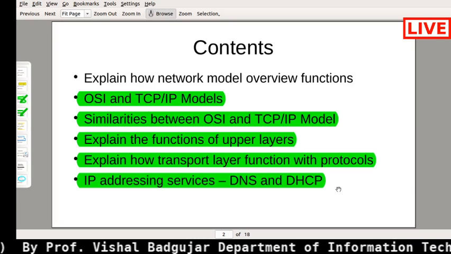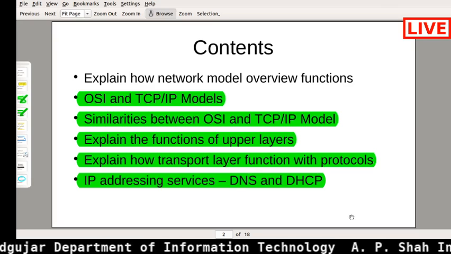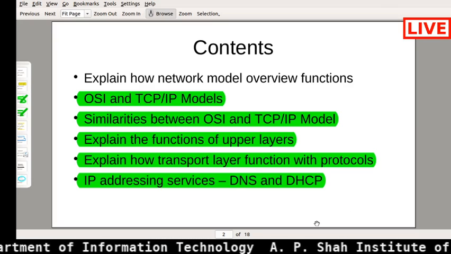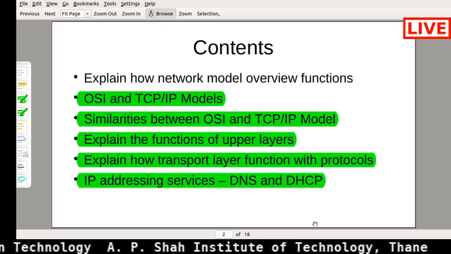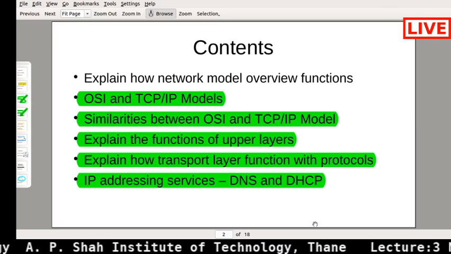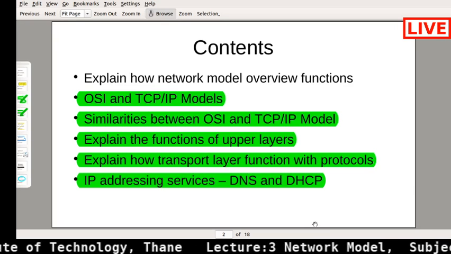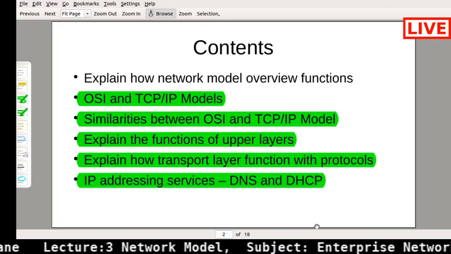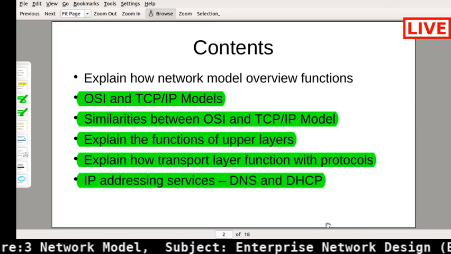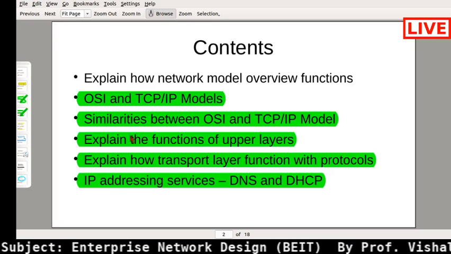There is one daemon running for each and every process, which we can call a system daemon. So for DNS there is one daemon, and for DHCP also there is one daemon. So what these daemons are, that we need to find out. We will see one by one, starting with the first